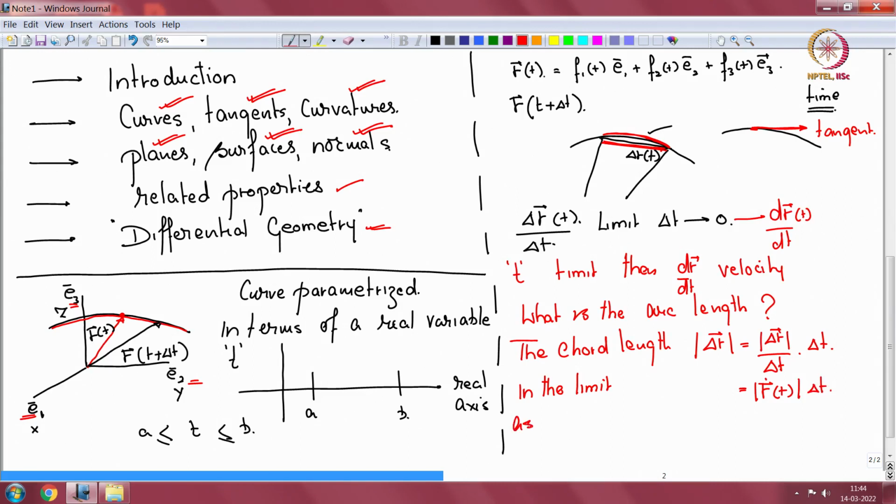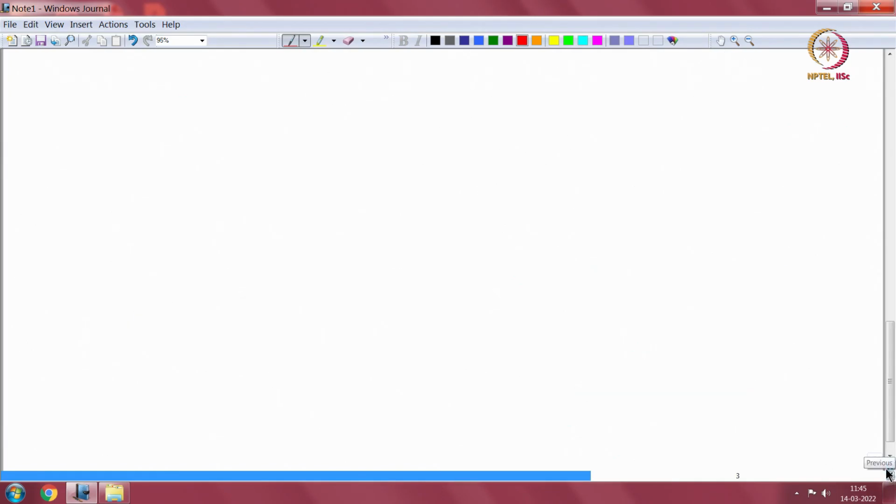And as delta t is sent to 0, the chord length approaches the arc length. And so to get a finite arc length,